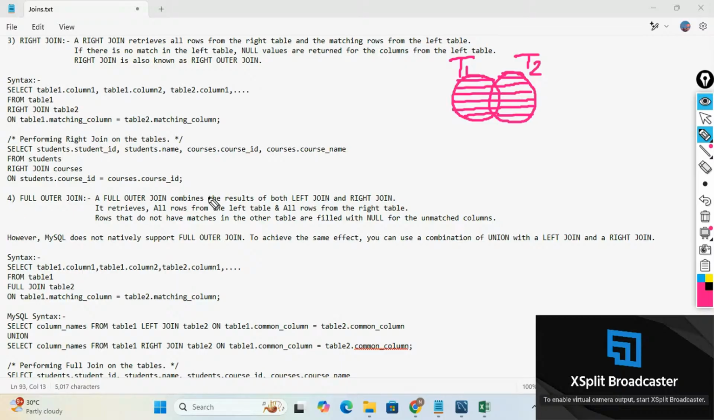So a full join is nothing but all the records from both the tables. But unfortunately, MySQL does not support full join. Full outer join is not supported. Not only MySQL, SQLite also does not support full join. Rest of the RDBMS systems like Postgres, MS SQL Server, Oracle DB, they support full join as well. But anyhow, in MySQL, if you want to get the output of full outer join, what we do is